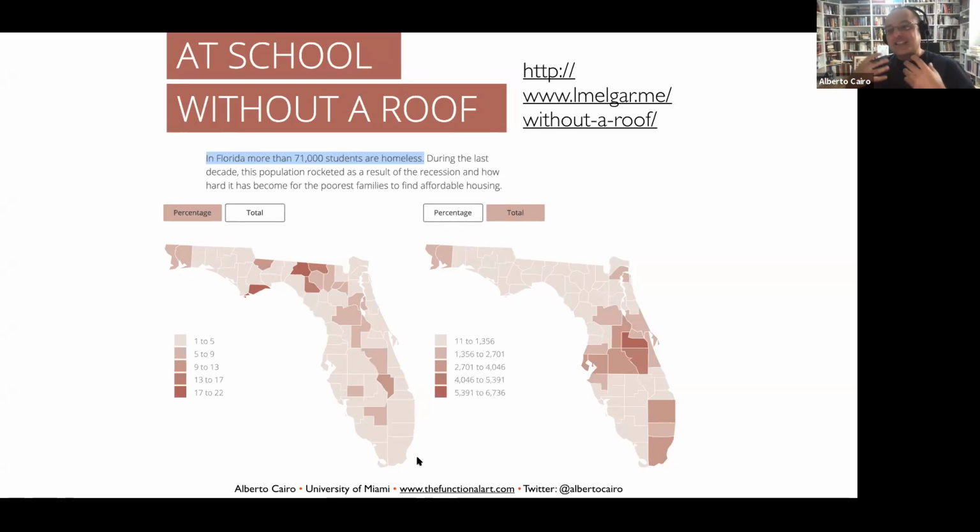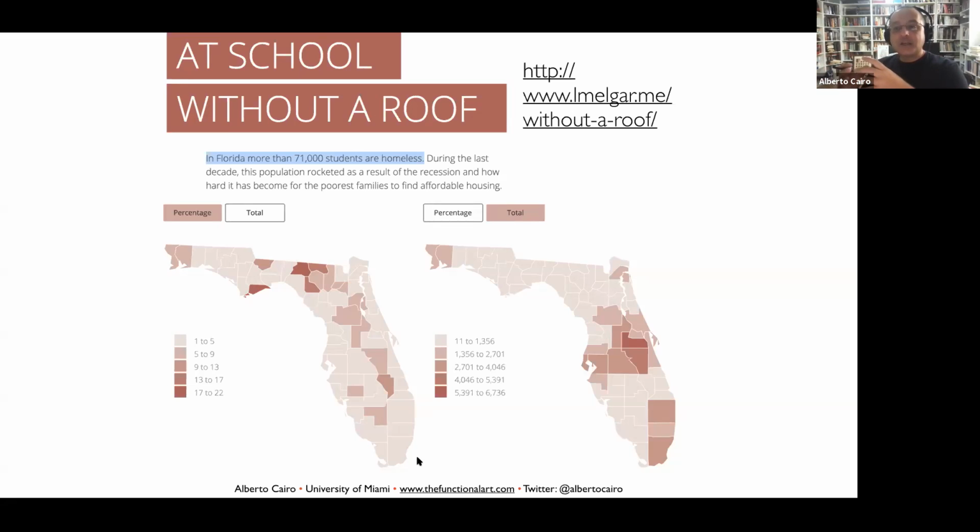Because probably when I said the word homeless, you jumped to conclusions immediately, right? Your brain had a snap reaction, and what you imagine is a homeless person is someone who lives on the streets. And that is not what a homeless person is to the state of Florida. To the state of Florida, and probably to other states as well, a homeless person is someone who doesn't have